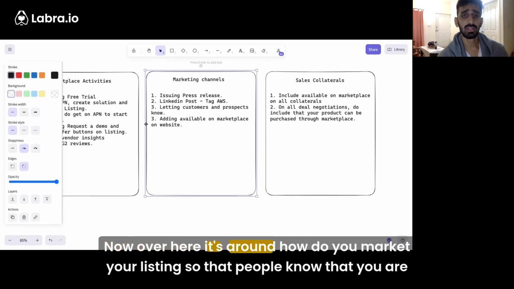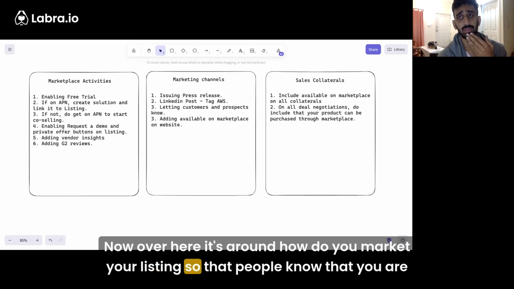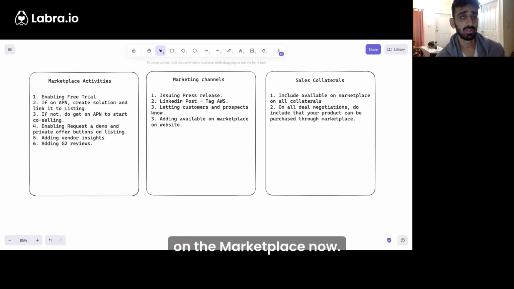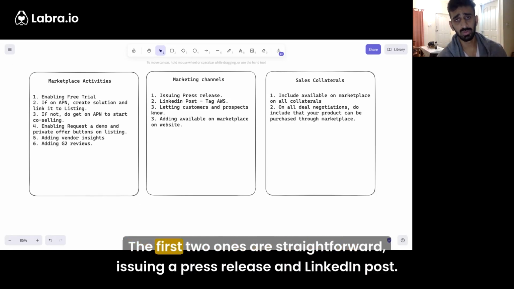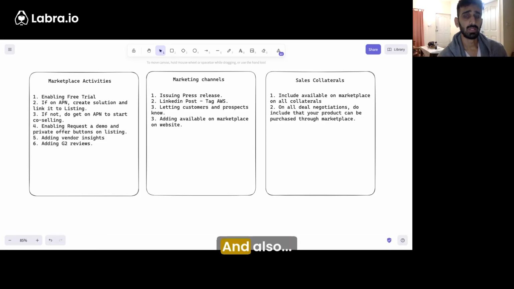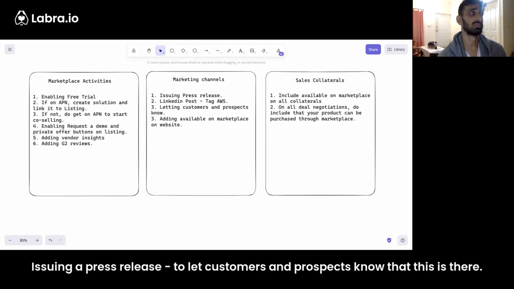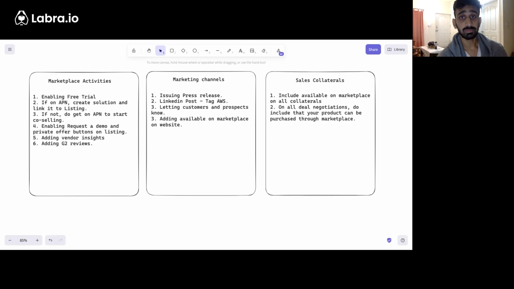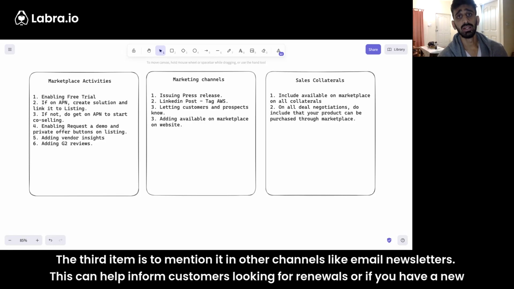Over here, it's around how you market your listing, so that people know that you are on the marketplace now. The first two are straightforward: issuing a press release and a LinkedIn post. Make sure that you tag AWS in the LinkedIn post, they do reshare most of the stuff. Also doing a press release is just for letting customers or prospects know that this is there. The third item is, if you have any other communication channels, maybe a newsletter or email that's going on,